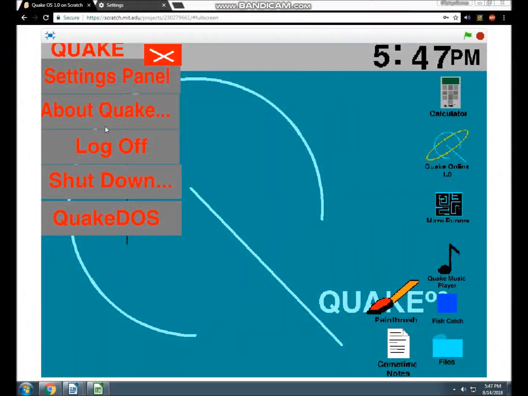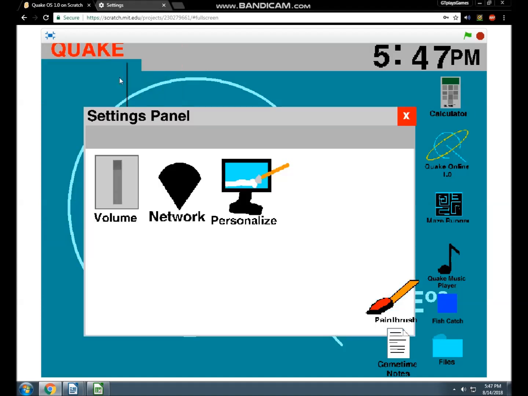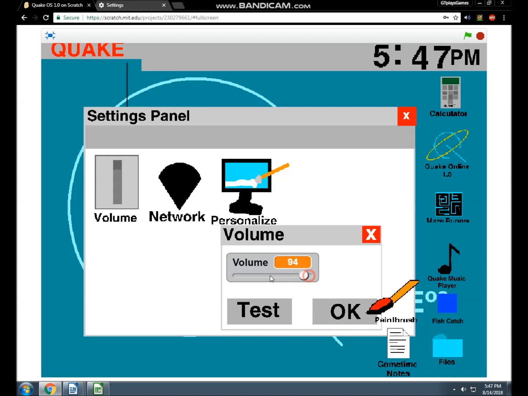As you can see, there are 5 more programs right up here. So some of them are broken, some are actually finished. Like, for example, settings panel. We're gonna work on this, and this is one of the new features. But like, I'm trying to make it so then you could just take all the volume up, and then you could test it, like so. But as you can see, it doesn't change at all.